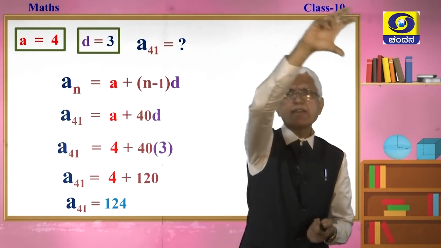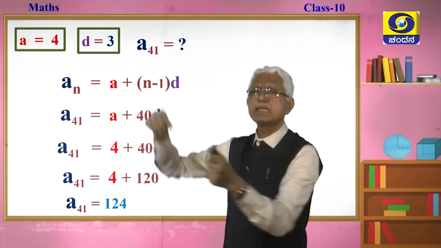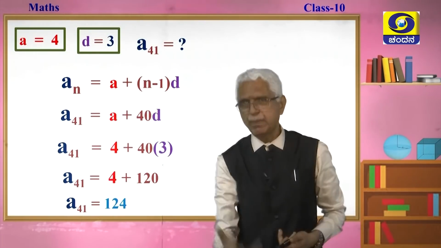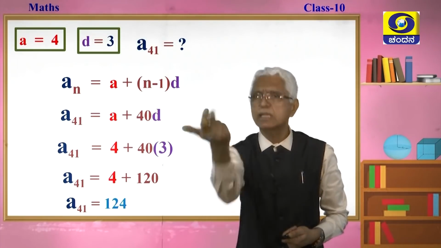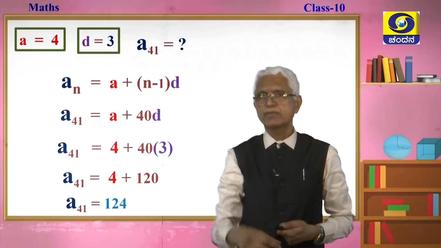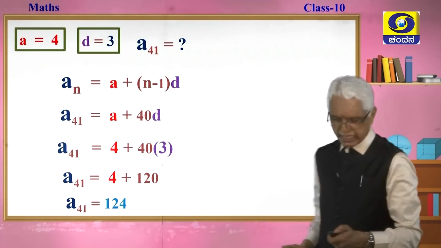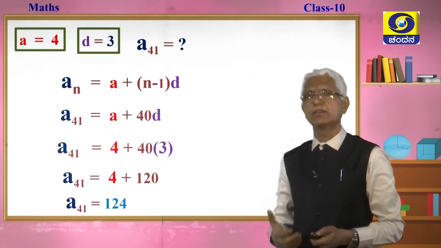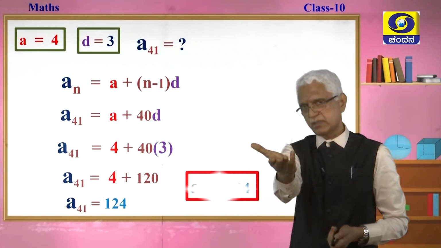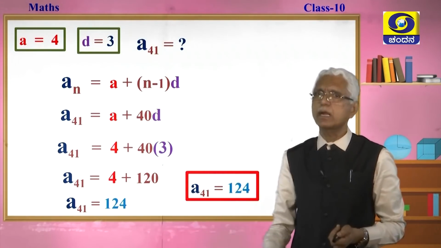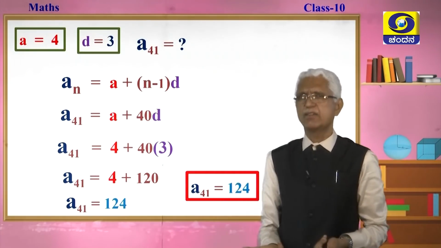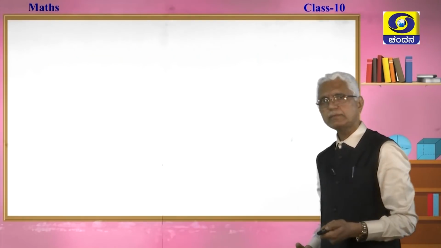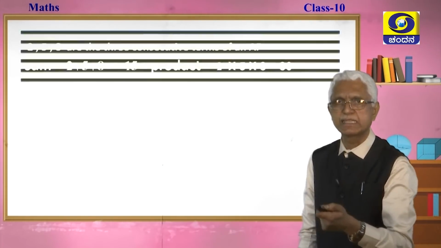Remember, they gave you the sum of this and this is something, sum of this and this is something. Find the 41st term. You framed a pair of linear equations, solved them, you got the value of d, substituted in one of the equations, you got the value of a. Using a and d, you were able to write down the AP. Wonderful, right? Or the 41st term you wrote. If they wanted you to write the AP, you can write the AP. But they wanted the 41st term, I wrote the 41st term, I said hats off. Super. What is in store for us next?